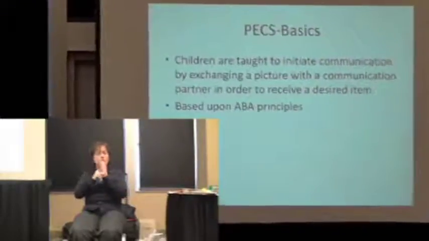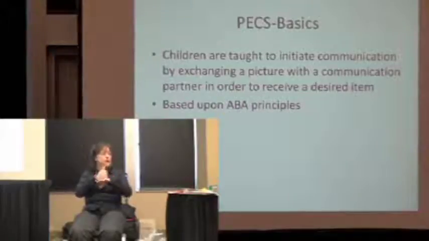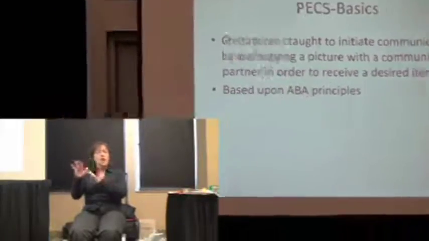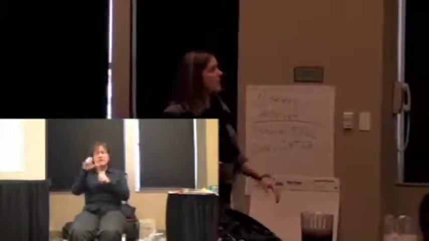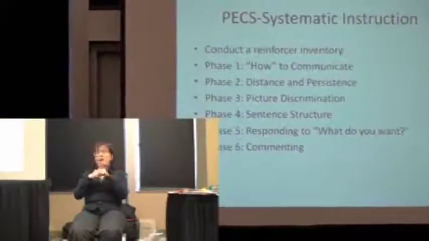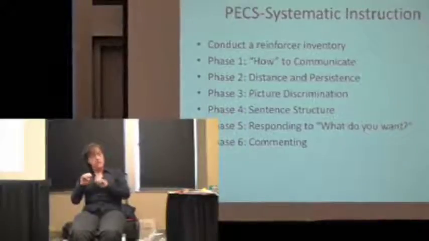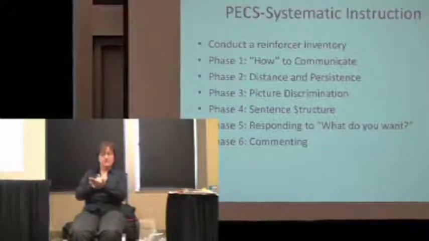We've talked about those all morning, all of those evidence-based practices: shaping, reinforcement, discrete trial. All of those are principles of ABA, and they are also included in PECS. The first thing that you're going to do is go back to that reinforcer preference assessment. And this is where you're going to choose one of those items that is at the top of their list. You're going to identify what it is they're going to get by